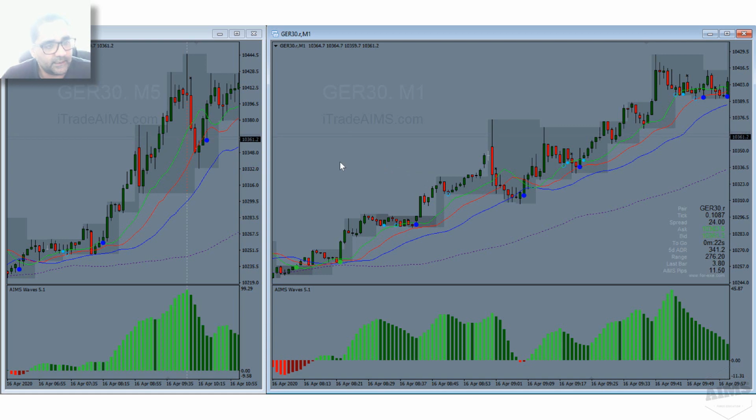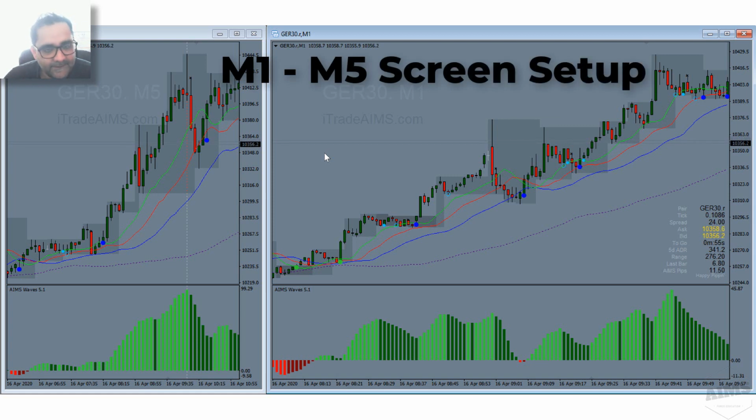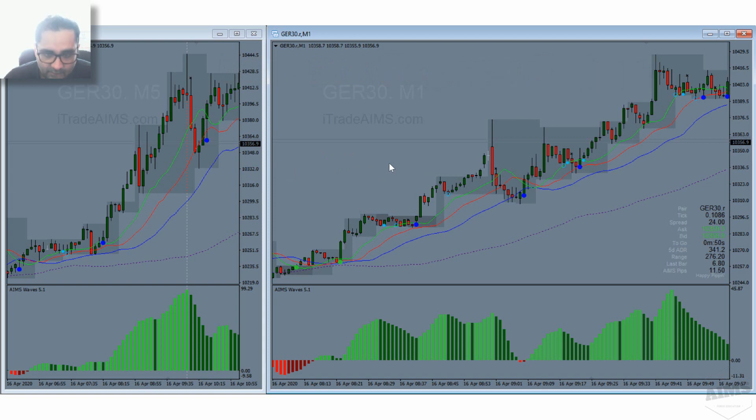And by the way, you might have noticed I have the M5 chart on the left and the M1 chart on the right. Now that is the setup that gives us the edge. I usually don't put my videos like this because it's difficult to move both of them at the same time. But in live charts, you don't move them. They move every minute themselves. And the other thing is, I don't really want to tell everyone that this is how you should be trading. Not on the open YouTube videos, but for my members, this is one of the things that I say to everyone. If you want to have the edge, the setup edge that we have in the setup book,